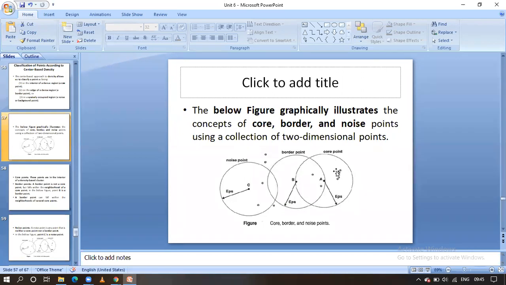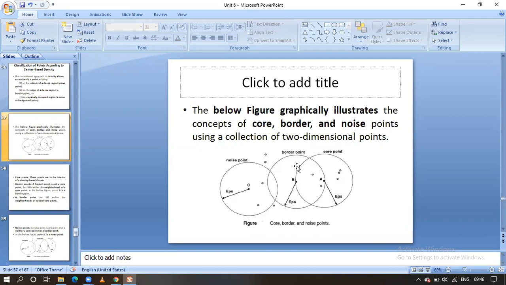Interior of a dense region, these are the core points. Coming to the border point, those are the edges of the overall dense region, that we call border points. If you observe here, this point B is on the edge of the overall dense region. This point we call a border point. The points that are outside of these border points and core points, we call noise points. If you observe here, this is a noise point, this is a noise point, this is a noise point, and this is also a noise point.